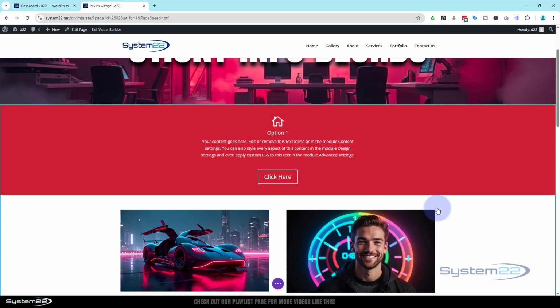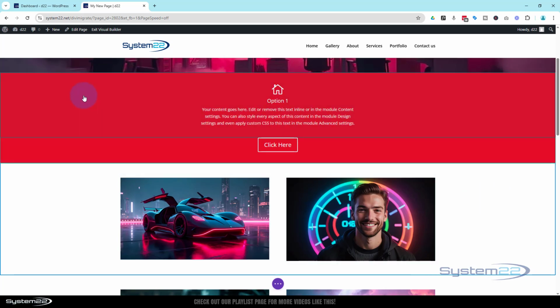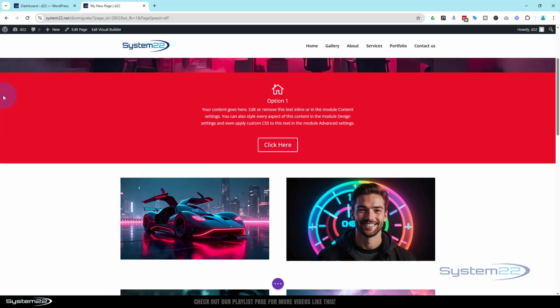Now we're happy with this, we can duplicate it. You can either just duplicate the row or save it to your library and use it wherever you want. For expediency, I'm going to duplicate this whole section, which is this row and this row with the two images in it. Just gives them a little separation. So to do that,